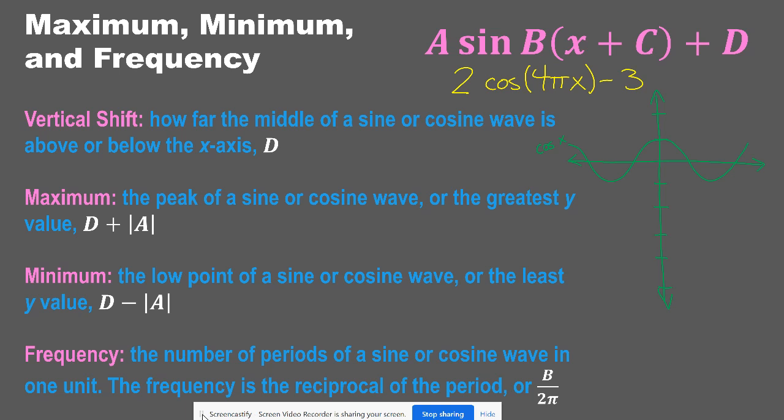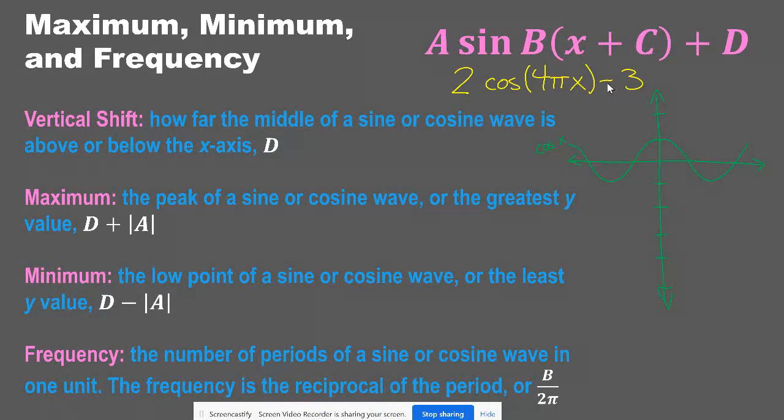Okay, we've already talked about amplitude, period, and phase shift. Now we're going to look at some other characteristics of sine and cosine functions. And really quick, just want to point out what I've done here. I have written a sample function, 2 cosine of 4 pi x minus 3, that we're going to use as